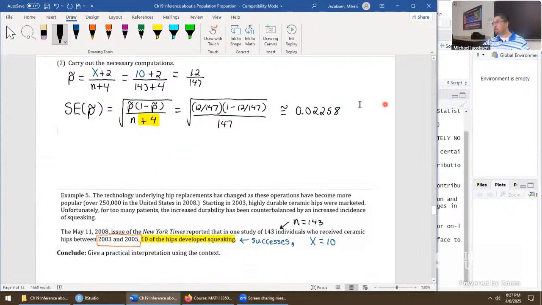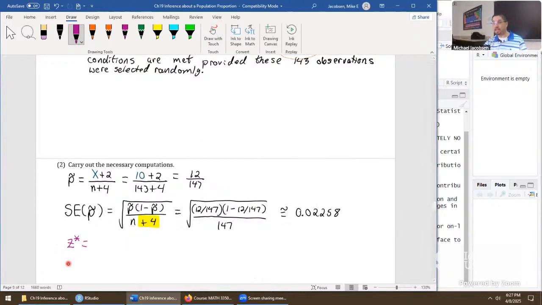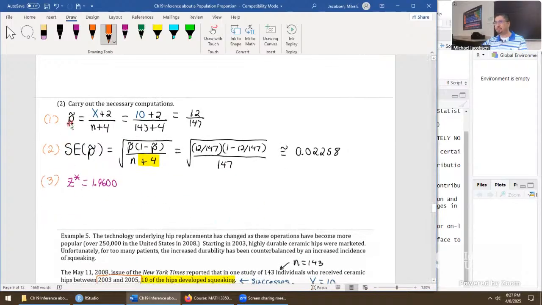Any questions at all, folks, getting that part down? Okay, next we need our Z star. Z star will be equal to, double check our confidence level, set to 0.95 means 1.9600. And these are all the components that we would want to do really any kind of confidence interval, whether it's a large sample confidence interval or the +4 confidence interval we're doing here. Get these values in, any order is just fine. Well, sort of. You definitely want to do P tilde before the standard error. They depend on each other.